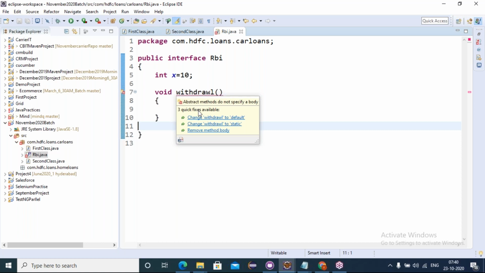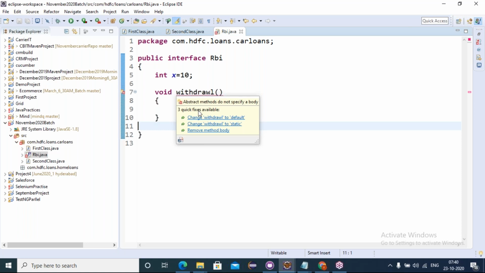Instead of just seeing the error message, you can also take a chance to fix that error. See here, friends, see the error message and tell me. Abstract method do not specify a body. Friends, what kind of behaviors does the interface provide? 100% abstract methods. Concrete methods will not be supported in the interface. A Java class contains properties and behaviors of type concrete behaviors, whereas the interface describes properties and behaviors of what type? Abstract behaviors. Abstract behaviors don't have a body.